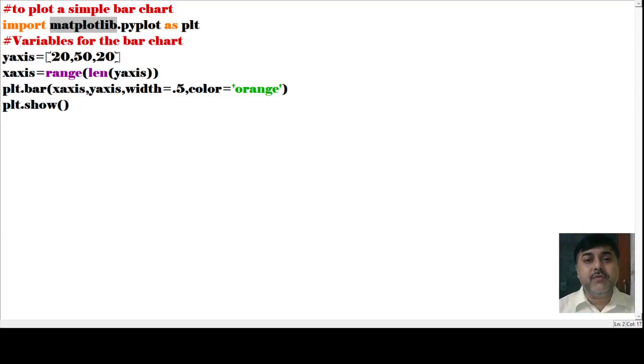So what is the thing that we are constructing here? We are constructing one graph. For that graph, what is our requirement? Our requirement is pyplot. How have we implemented this pyplot? We have seen that pyplot has been called as plt. Plt is the particular name, defined by whom? Defined by us? No, it has been given by Python itself.